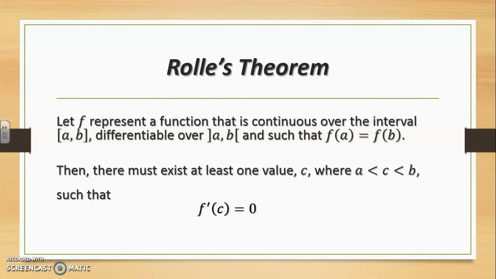So Rolle's theorem basically can help predict the existence of stationary points when 2 points of the function are known to be at the same